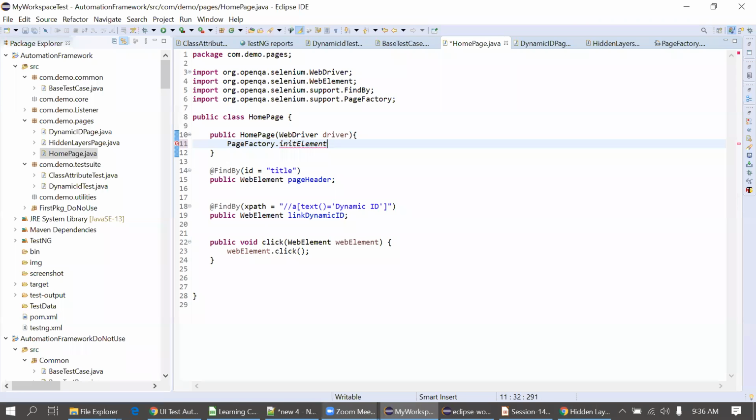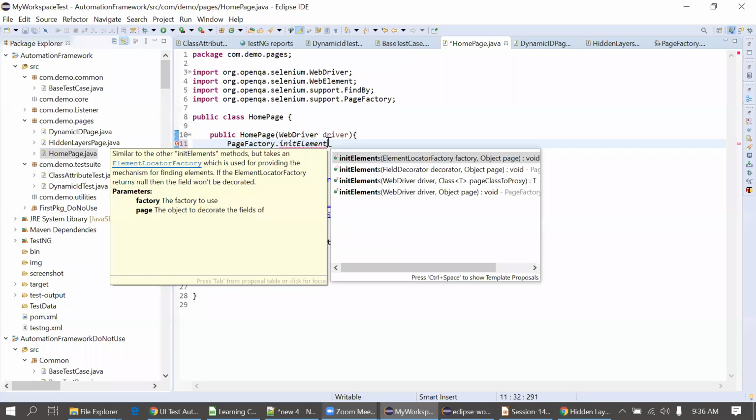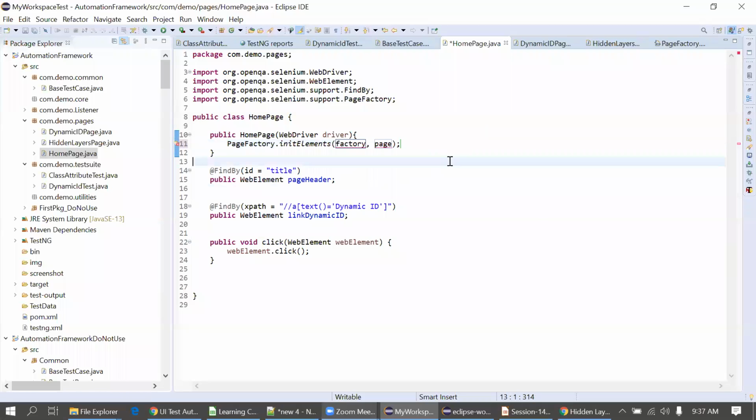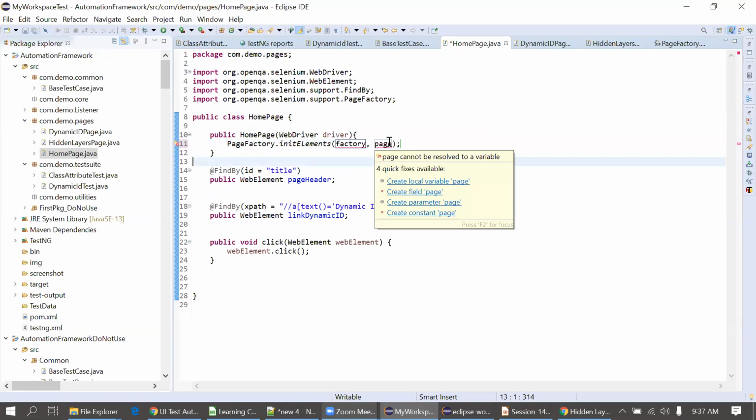Then we have to pass the parameter or argument, right? I want that position, like in a collection such as HashMap we use key and value pairs, so it shows us key and value. So you can see initElements, factory. It's an object of page, right? Just take that, select that, the first one. So it is telling the factory and page, right? So this is the method you used earlier.